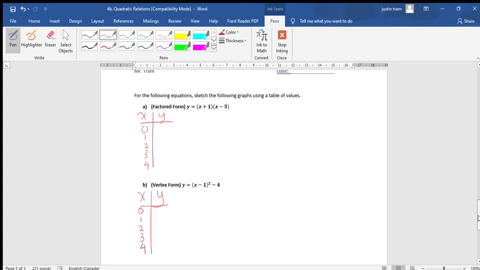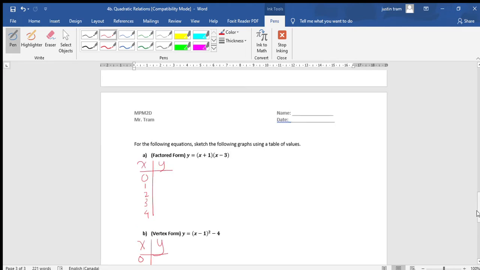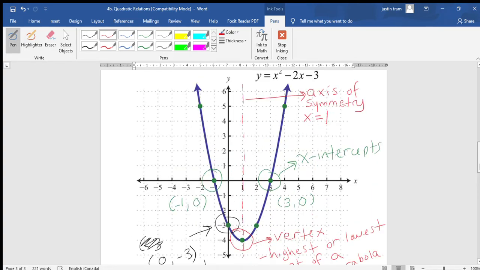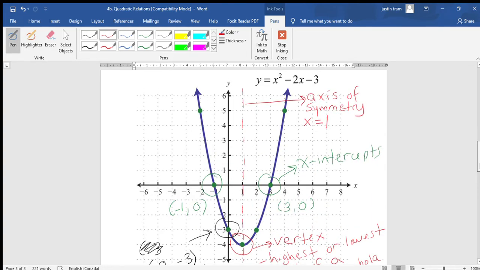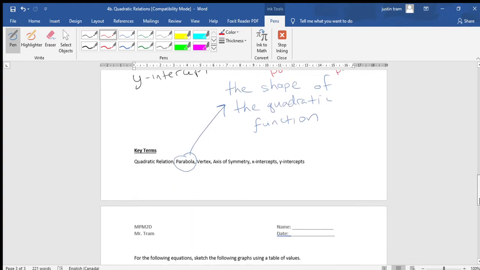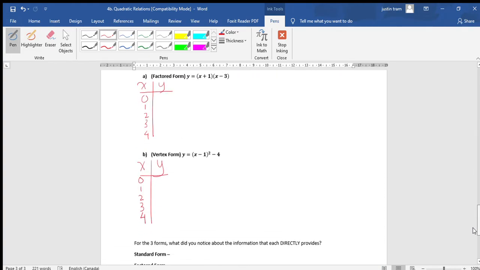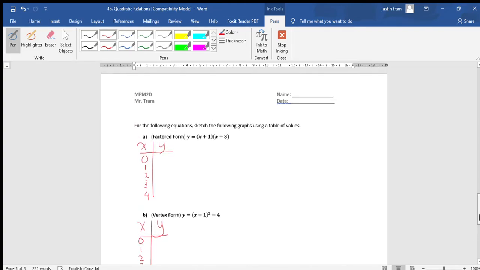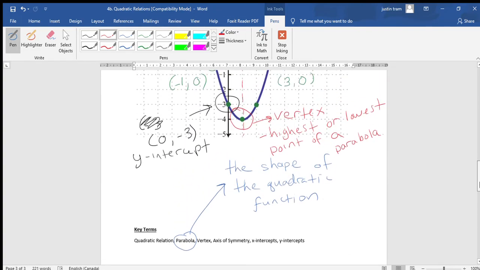But with those three forms, I wanted you to make the connection that each one of those forms gives you a different piece of our graph. Okay? But of course, this is a quick online lesson, and I'm fairly new to this, so I am no Mr. Khan just yet. But if I just backtrack,